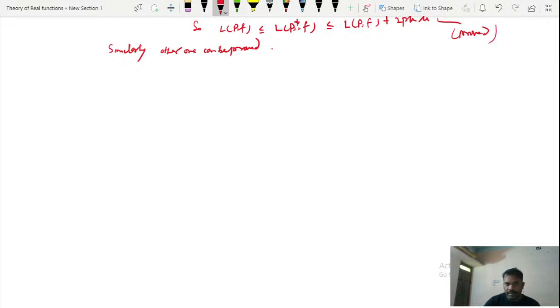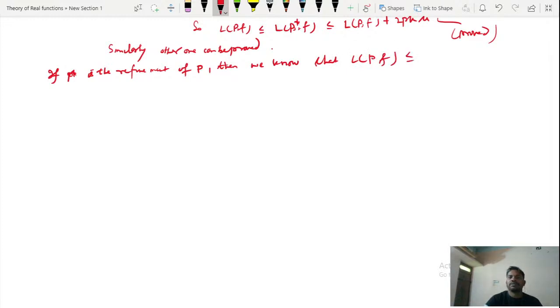Then we can also extend it for some more results. So what is this one? If P star is a refinement of P, then we know that LPF is less than L P star f,